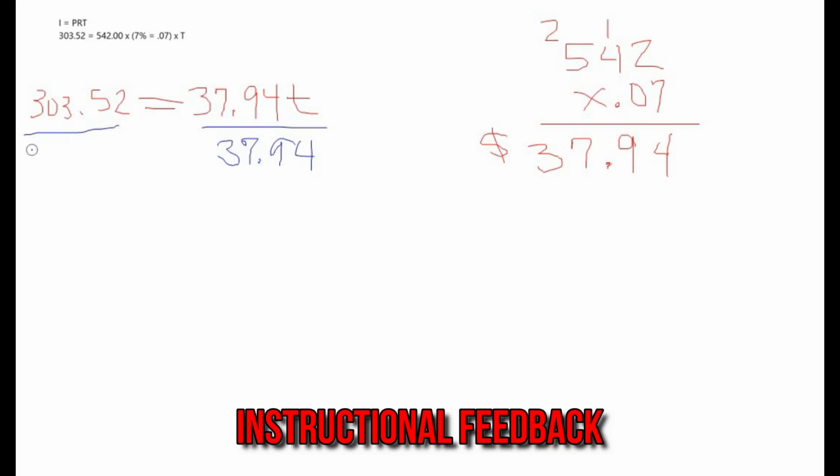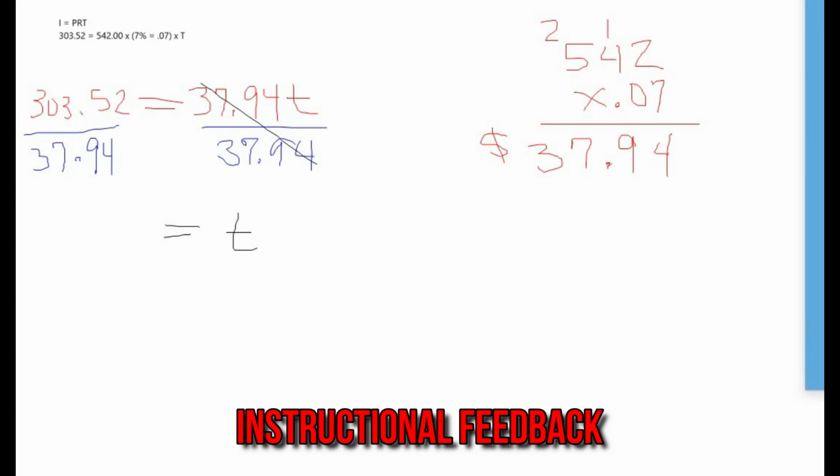So we're going to divide 37.94 over here as well. Now, these two will cancel out, all right? So we're going to actually end up canceling out our 37.94 on the right side, leaving us with T only, equals, and then we're going to divide 37.94 into